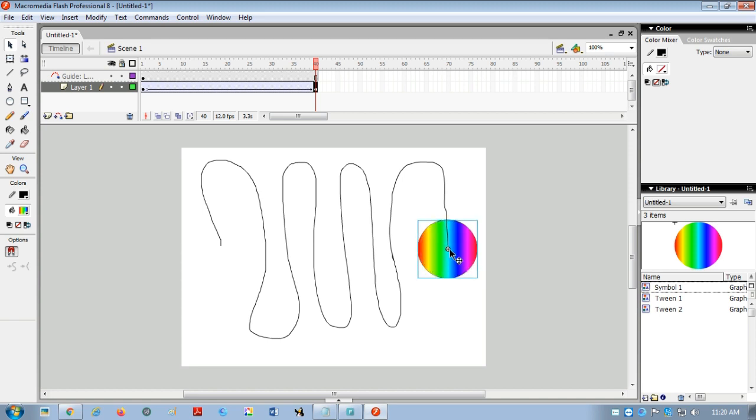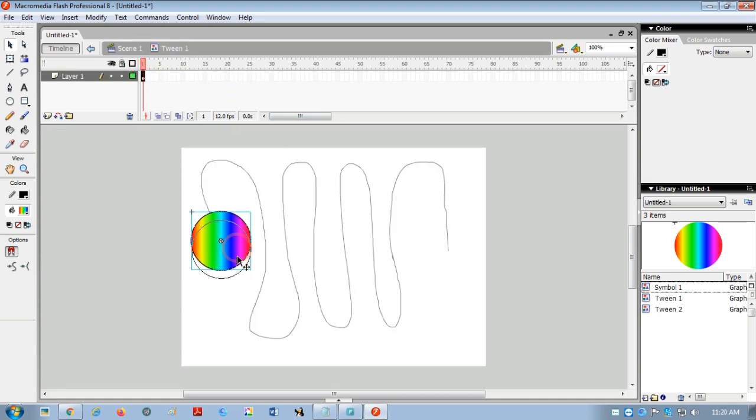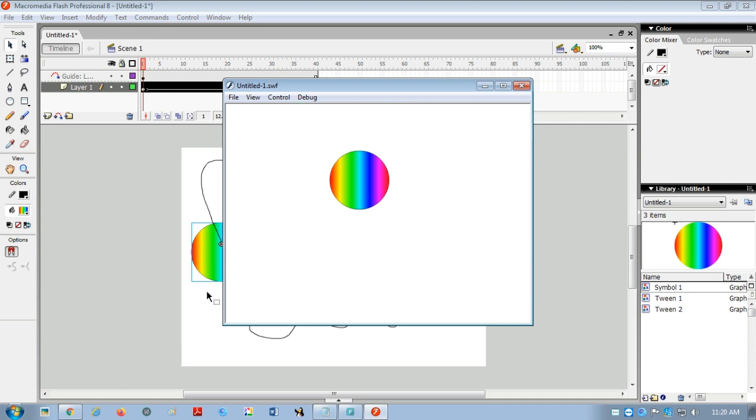It is not coming in the center from here, and from here also you can check it. Just one minute. We have to adjust it so this circle will move along that path only. Okay, now you can see it is working fine. So we have to arrange the center point, then it will work very nicely.